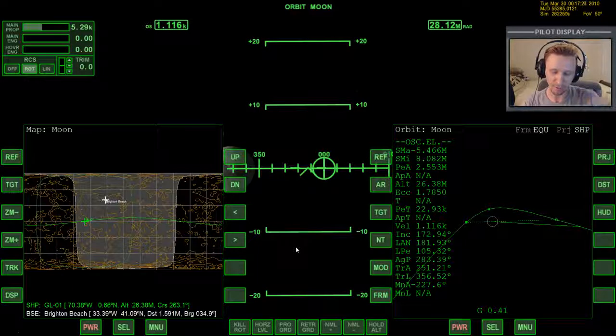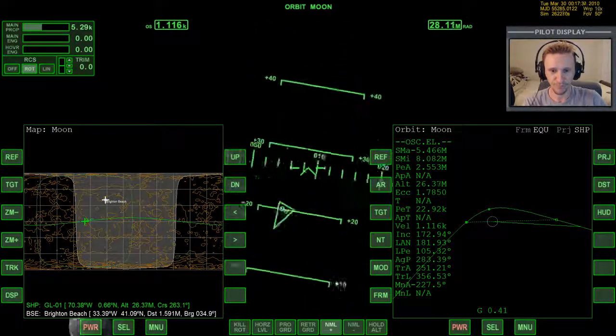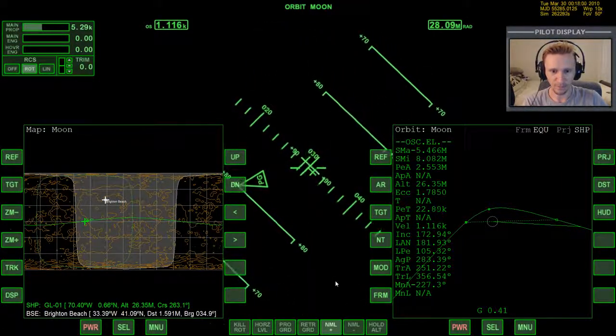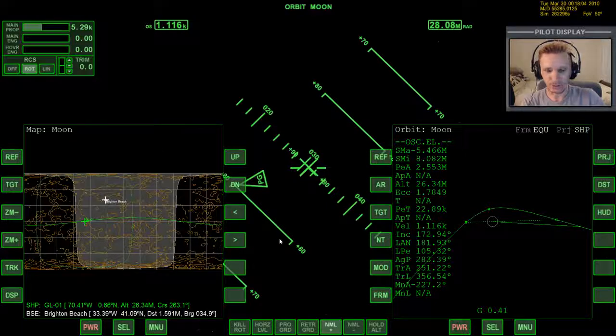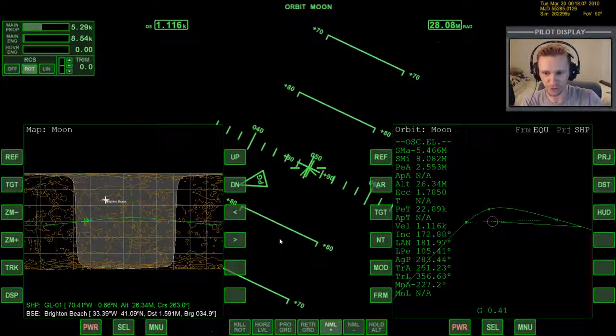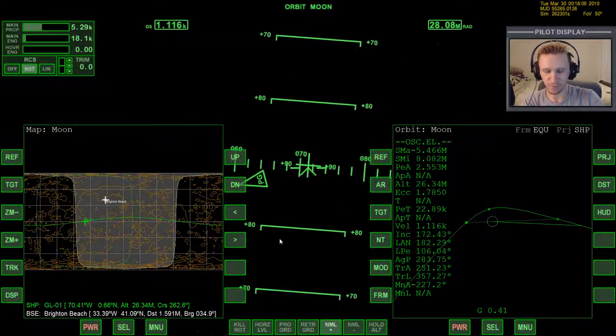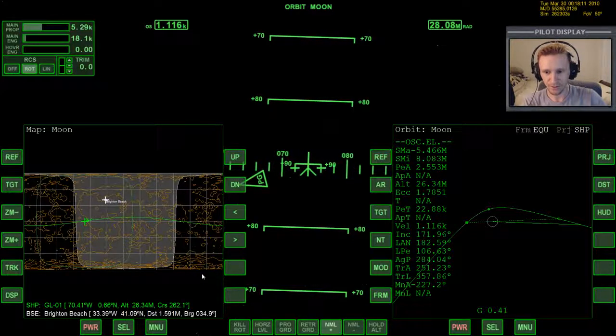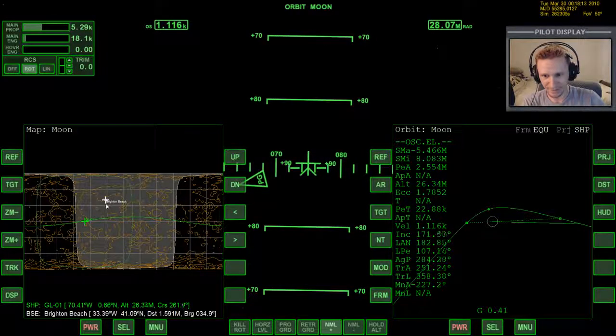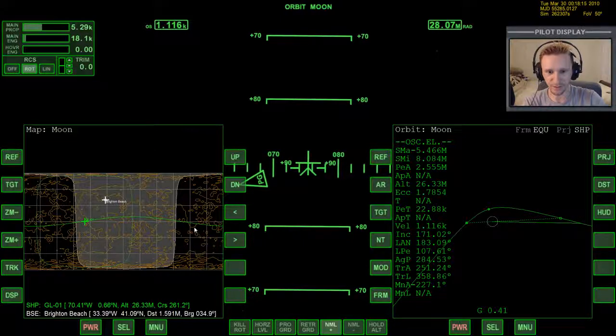But having said that, I still can't think off the top of my head which way I need to be oriented. So what I do in this case is I'll just go orbit plus and let the autopilot get settled. And I'm just going to do a small engine burn to see which way the orbit plane changes. And this happens to be the correct direction. Notice that this orbit plane is getting closer to Brighton Beach,